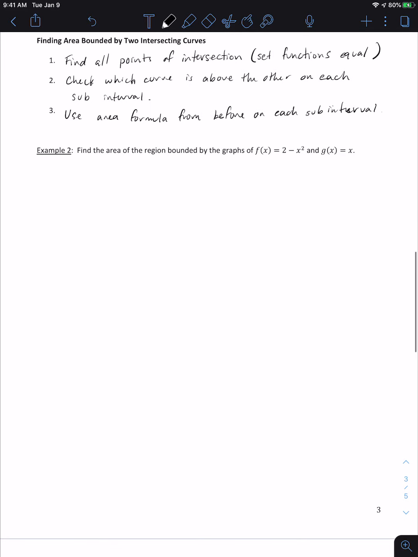Now let's illustrate that. So let's find the area of the region bounded by the graphs of f of x equals 2 minus x squared and g of x equals x. So again, first step here, what we want to do is graph these functions. All right, so here we've got this. And now let's do